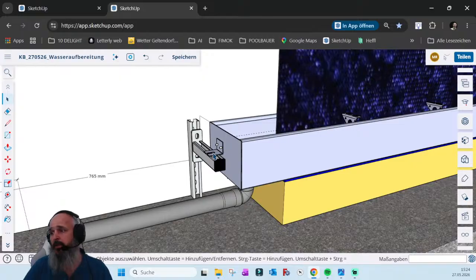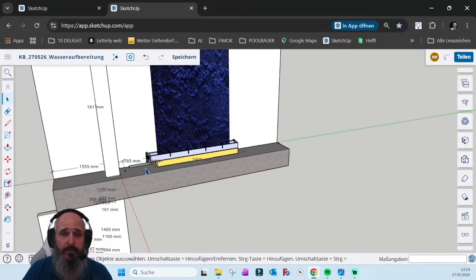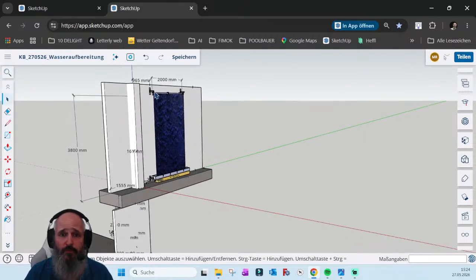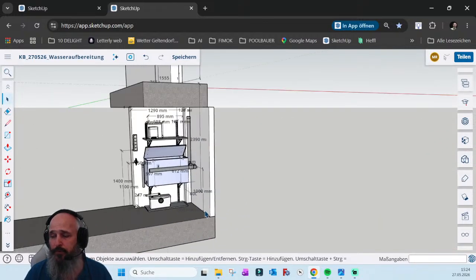So I hope you like this system, or maybe you already use it. I can highly recommend it. C profiles and consoles and whatever you do on site. When you're not sure that your drillings are going to be possible, then I would recommend to use C profiles. And by the way, that's also the reason